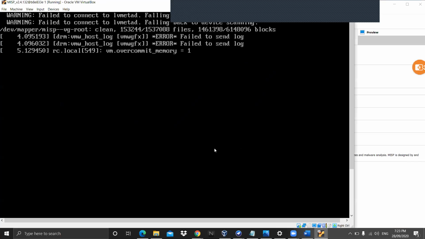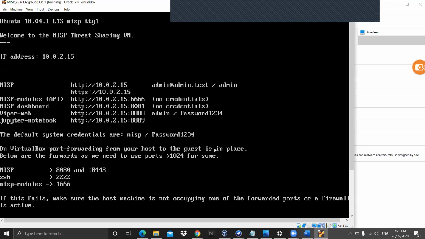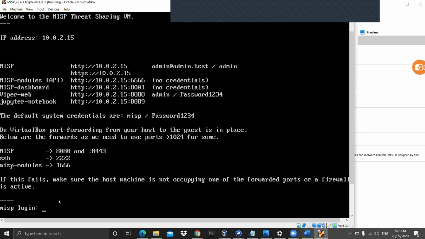So we have to log in with the credentials provided in the shell that I have already mentioned, that are misp, and the password is with capital P. It's misp, and the password capital P A S S W O R D 1234. Here,